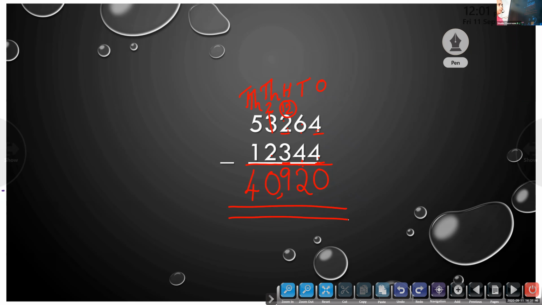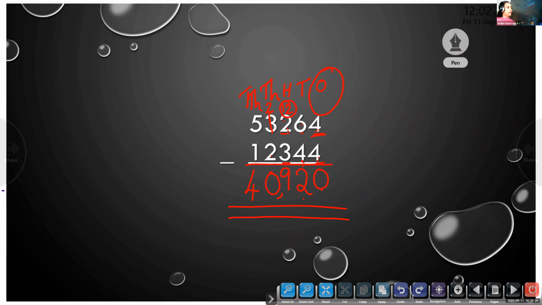So, here once again, please check how we can do this subtraction. First thing, you have to write the numbers. The big number on the top and small number below that, and line up properly according to the place values, and we will start subtraction from ones place, and you have to check whether the number on the top is small or big. Here now we have 4 minus 4, 0. 6 minus 4, 2.